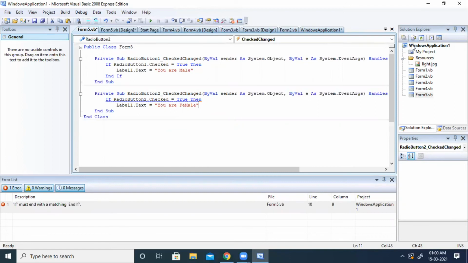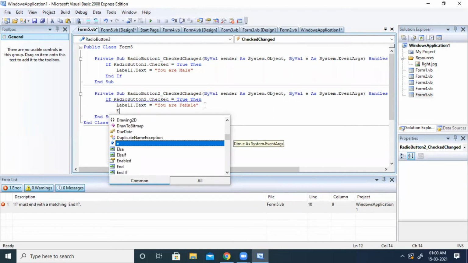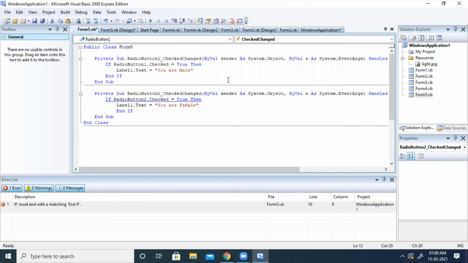Now here we have to write end if, because though I have copied, you have to write end if.